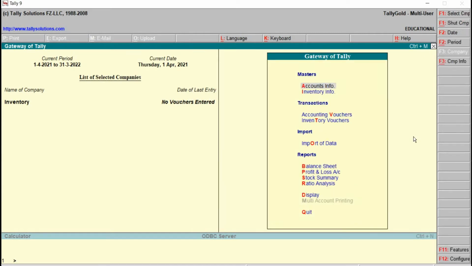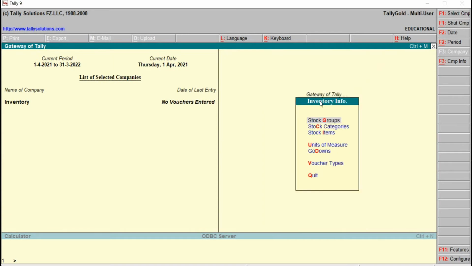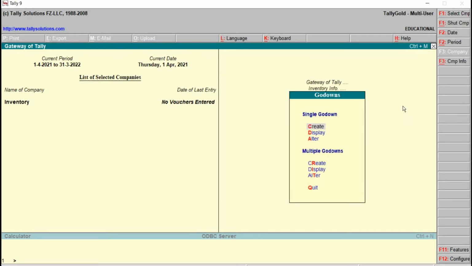Escape to come out, then masters, inventory info, enter inventory info menu, and here comes out with the godowns, and the shortcut key will be D. Just click on this one. This will take us to godowns, and here we have single and as well as the multiple mode.